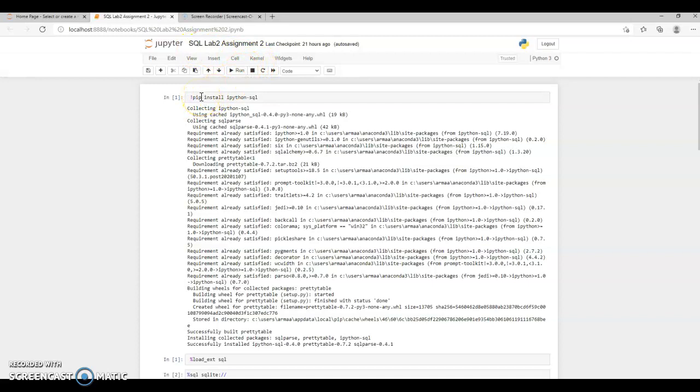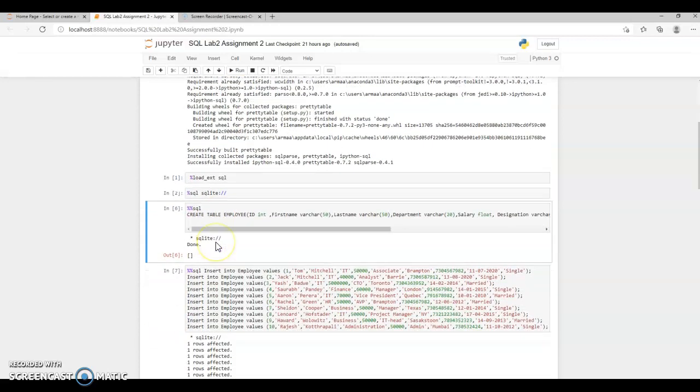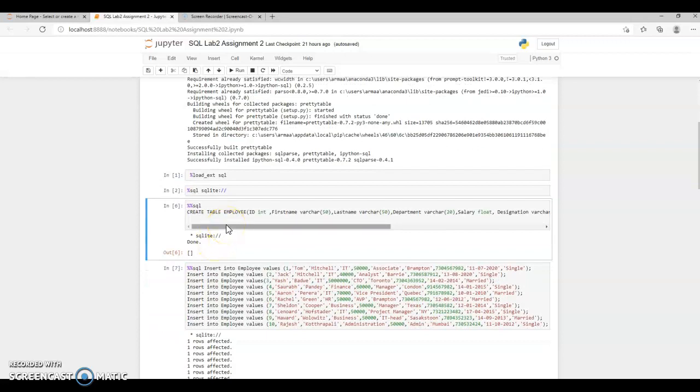So in order to install SQL in the Python notebook, we need to write the install Python command, load the SQL file, and once the connection has been established, we can write the further command.